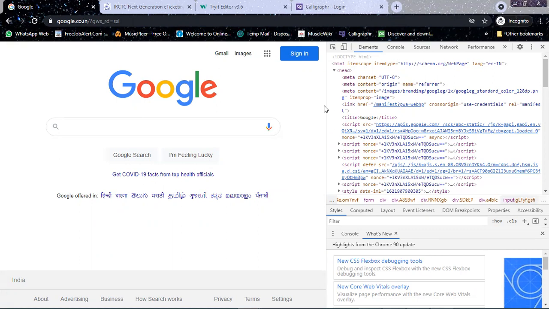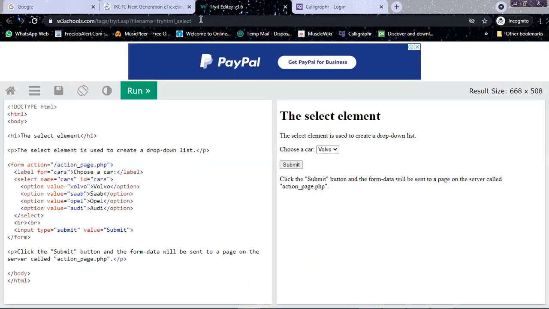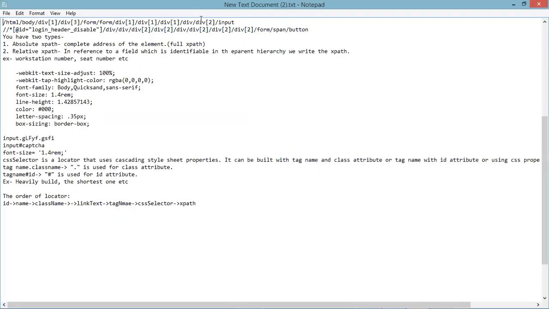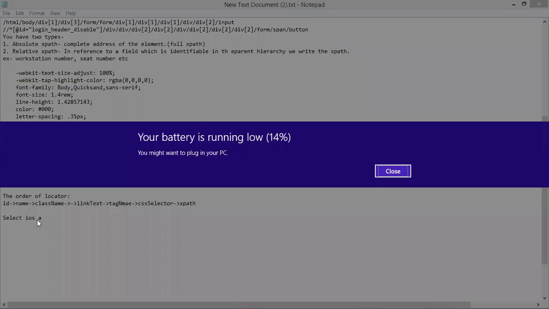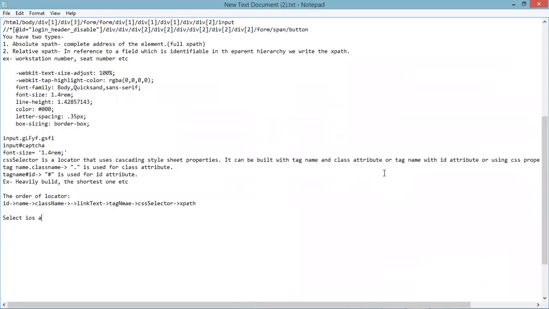Then coming back to Select, Select is a different class altogether.